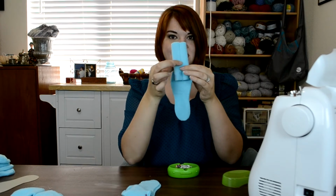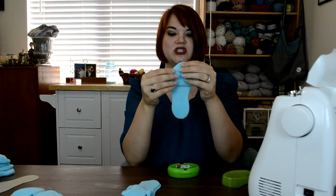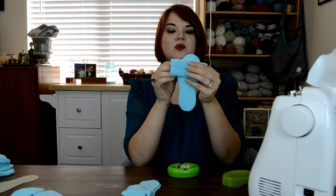So you want to pin this so that that seam is down, which means that whichever way you are sewing is the way you want it to be seen. So you just have to take that into consideration as you're doing a whole bunch of these, that you do one, so like,